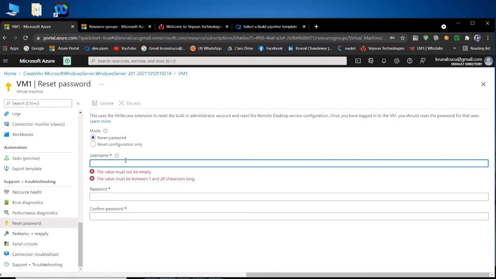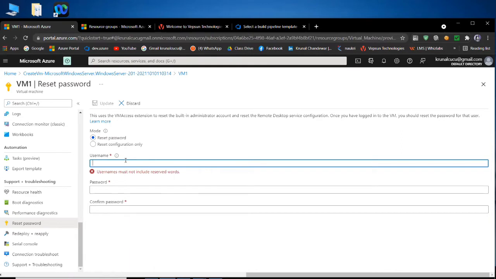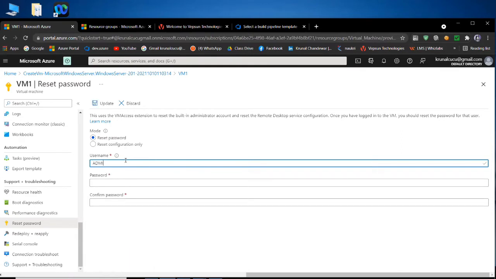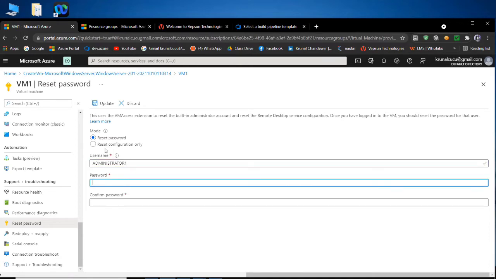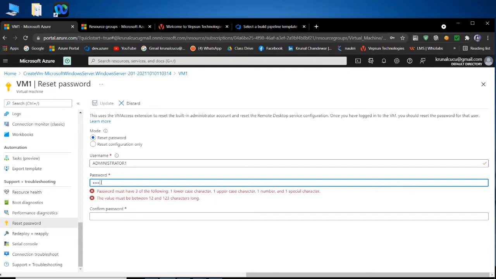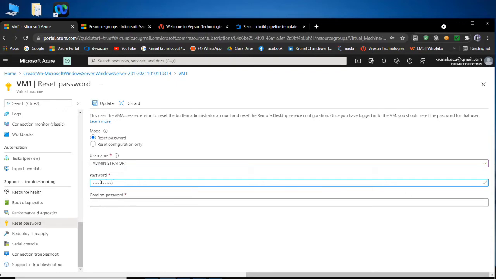As I know my username is administrator1. Okay, accepted. Now I want to change the password because I forgot my password. So the same password I'm putting, but I'm giving one extra: capital P password, and 1, 2, 3, 4 I gave, but I'm increasing one extra, that is 5.